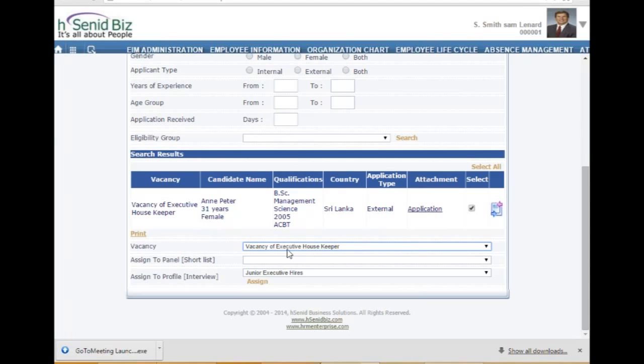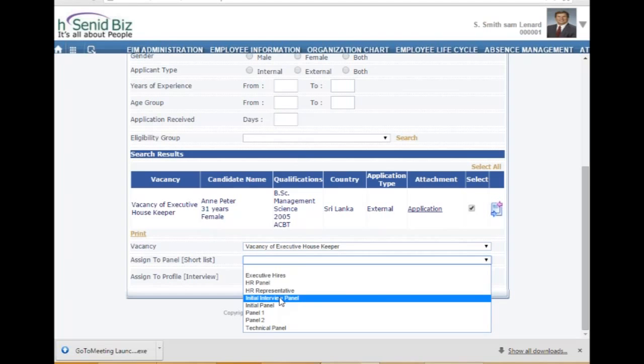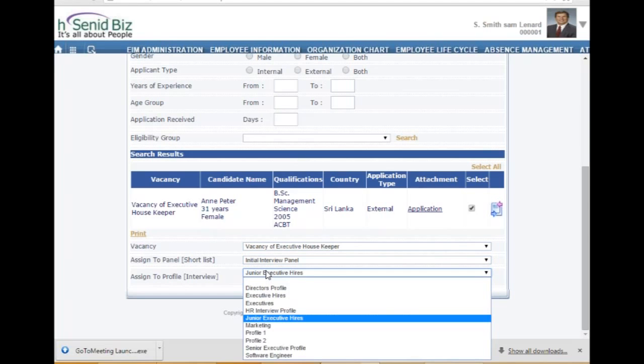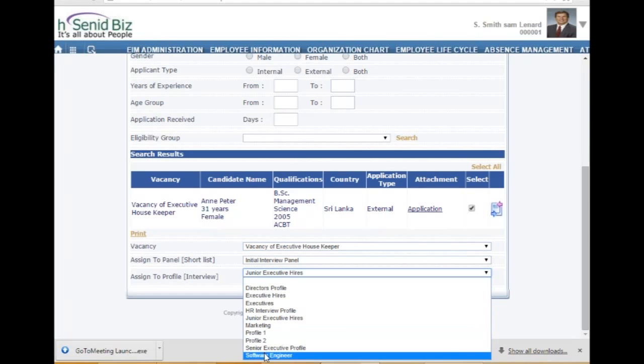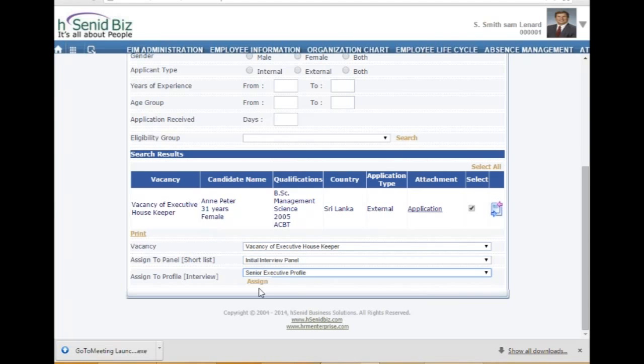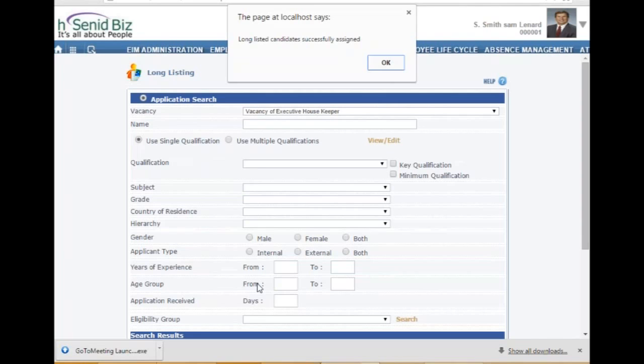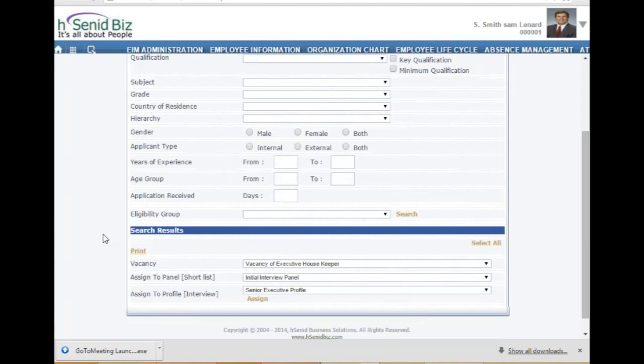So we can select a vacancy, then we can assign to a panel, and we can select the profile and assign. We are not getting the consent from the candidate. No. He would have applied for sales and finally we put it for account management. Yeah, but anyways, we are going to send an email or inform them, so at that time they can respond. Alright.